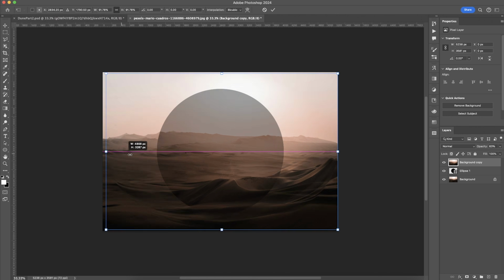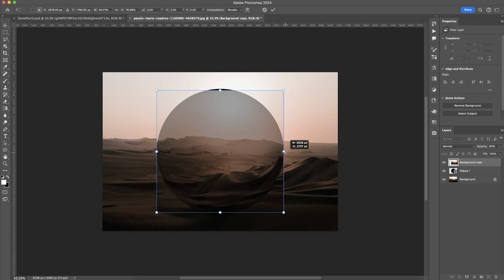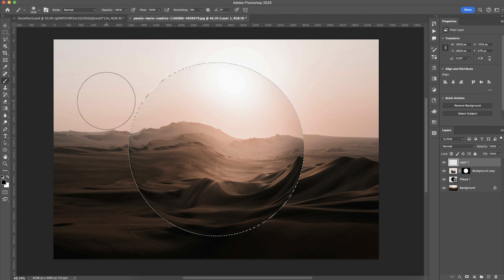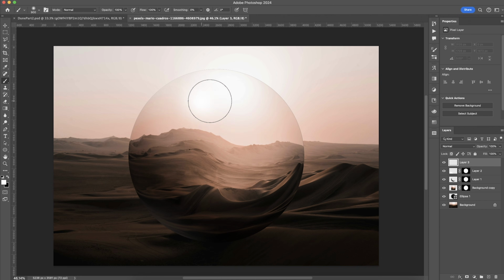After that's done, you now Command T and free transform our photo so that the edges match up to the circle we made previously. Command click on the shape layer to get some marching ants, as we call them in the biz, and create a layer mask to remove the edges. Now we just mask in some shadows and some highlights to give it some depth, maybe add a little twirl in there, and voila. Sphere. But it isn't the ship yet.